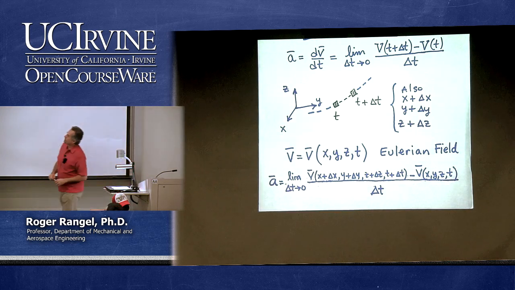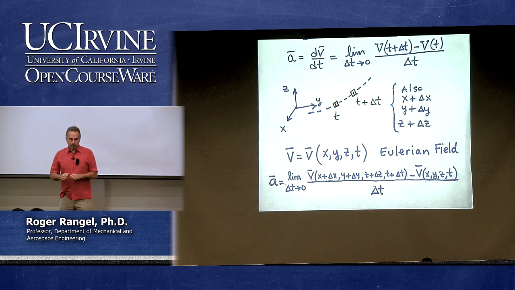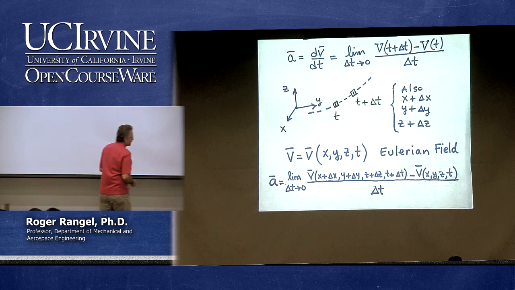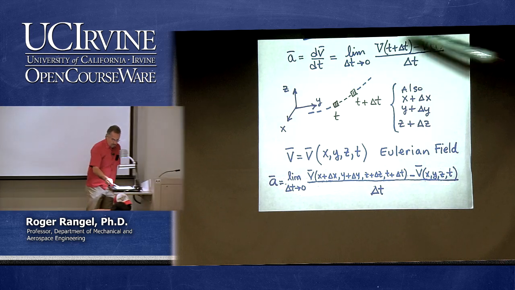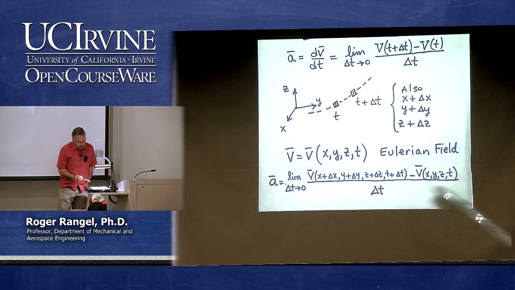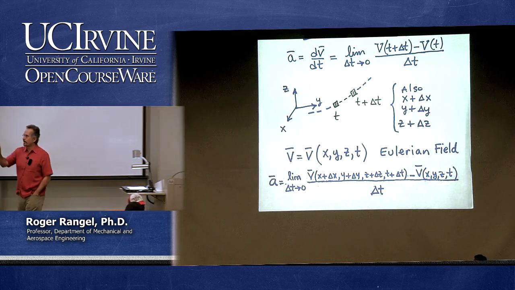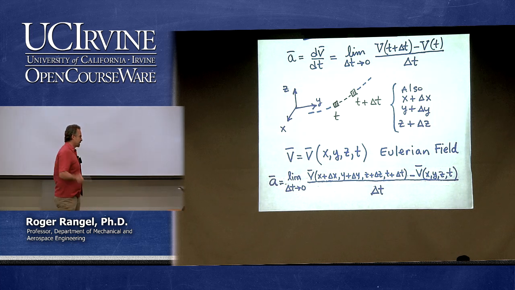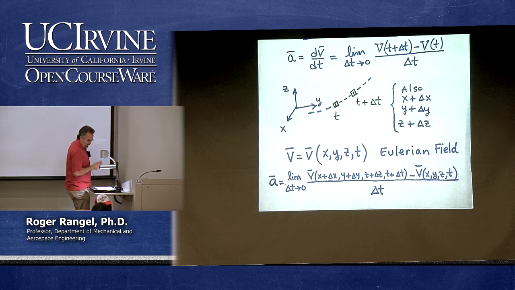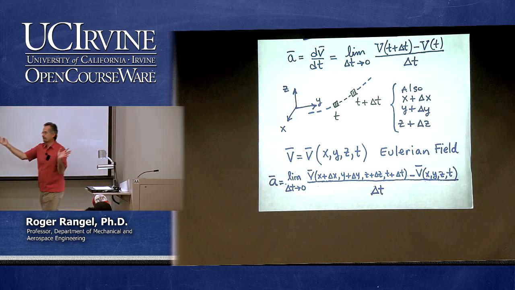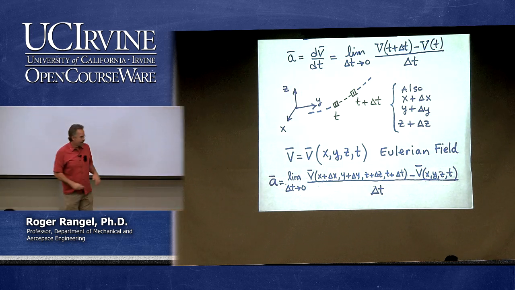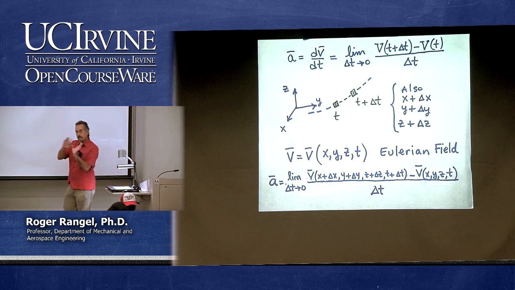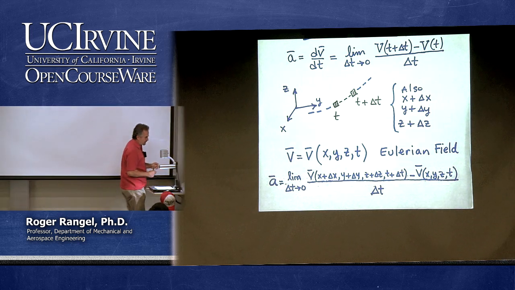and I had to write that twice because the first time didn't fit. So I write the same quantity, the same definition that I have above: v at the new time minus v at the old time divided by delta t. But I'm now being careful because I'm writing it using this Eulerian field, which is v now of x, y, z, and t. So I have to do x plus delta x, comma y plus delta y, comma z plus delta z. I have that. But it's the same definition of a derivative. The difference, of course, is that now I'm looking at the velocity as a function of four variables, x, y, z, and t,